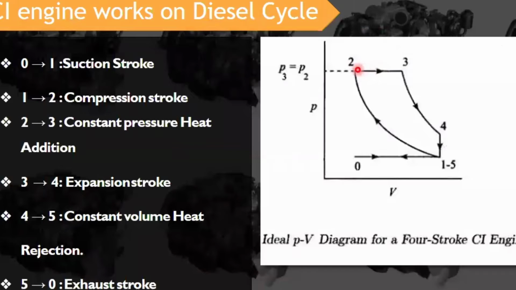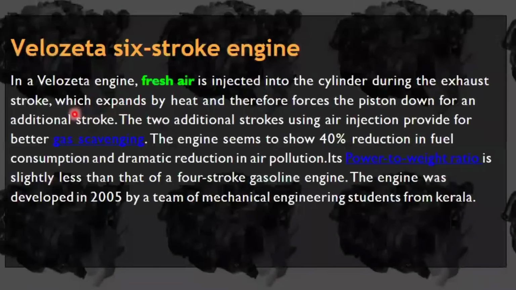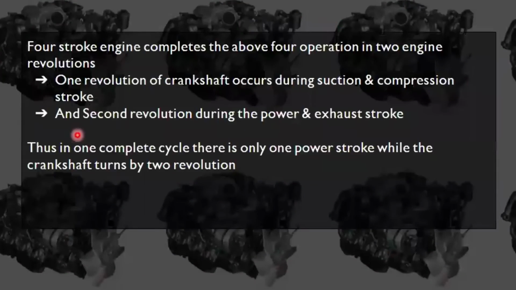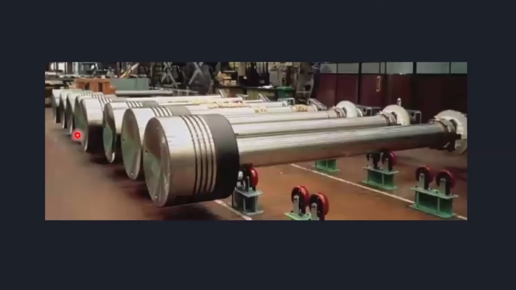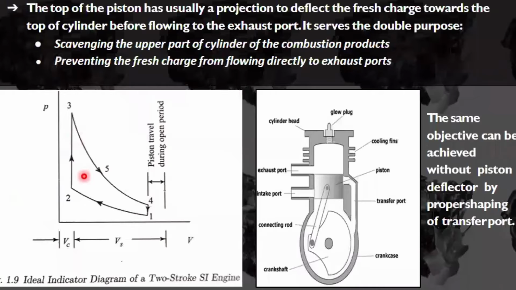See here, at a constant pressure, we are going to have combustion. That means heat addition. At constant pressure, we are going to have heat addition. So in that indicator diagram, we are going to have only a similar change like that. Here we are going to have heat addition at the constant pressure.